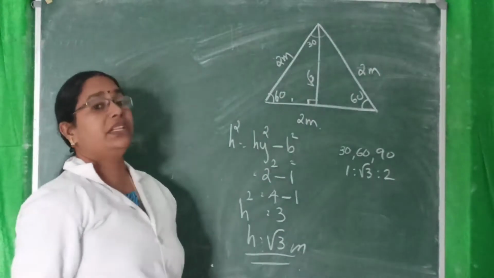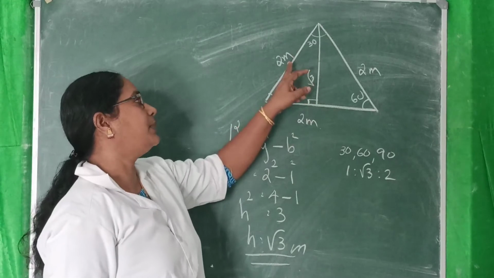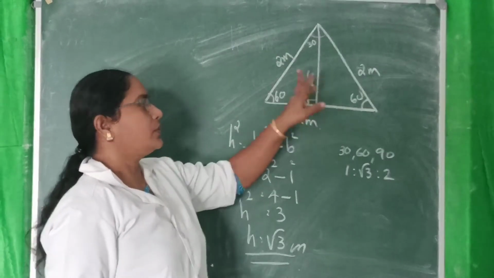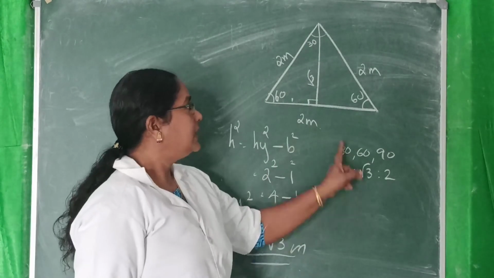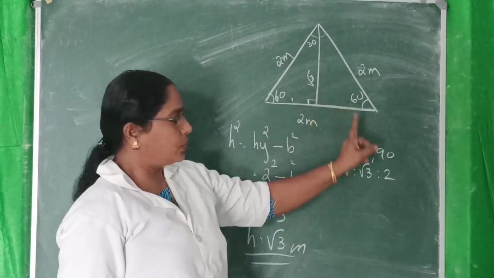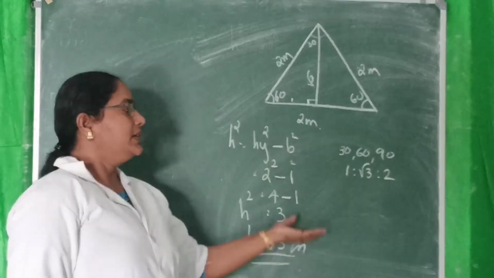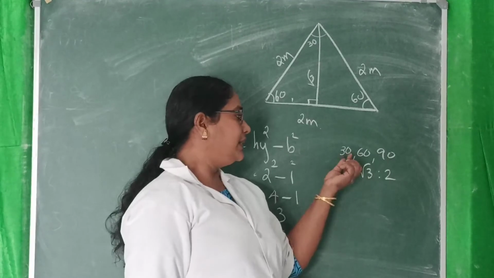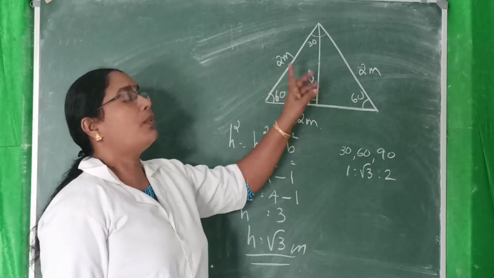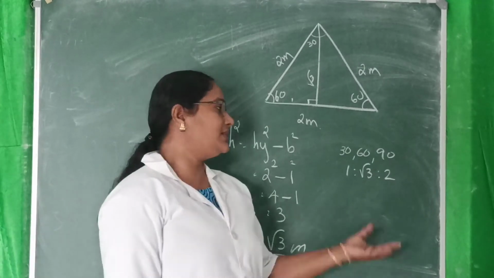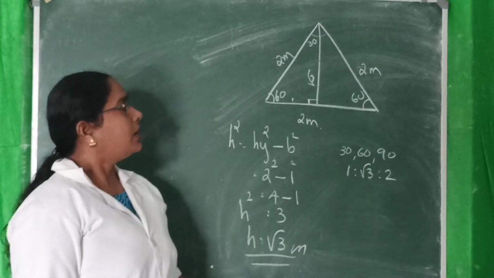First find the sides of each part. The part has sides 2 meter, 1 meter, root 3 meter. Using the ratio also, the side opposite 30 is 1, opposite 60 is root 3, opposite 90 is 2. Already using Pythagoras, the sides ratio also gives it. Here the side opposite 60 is root 3. This is easy. For higher classes, next year in 10th standard, also use this method or Pythagoras.